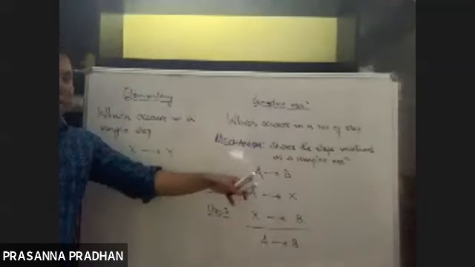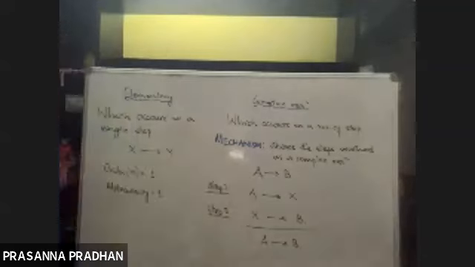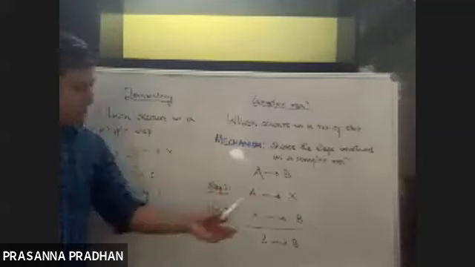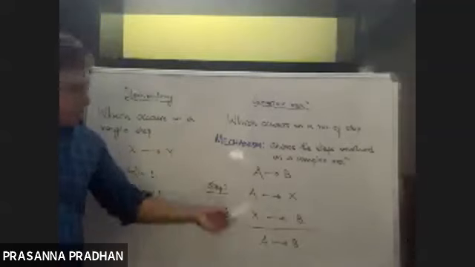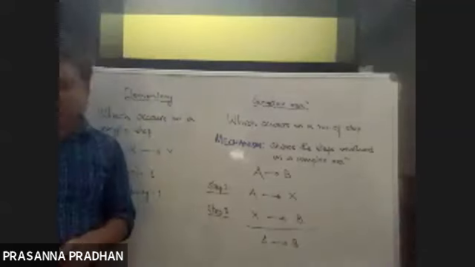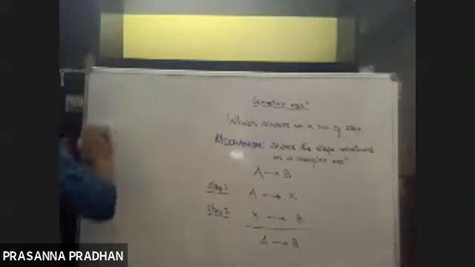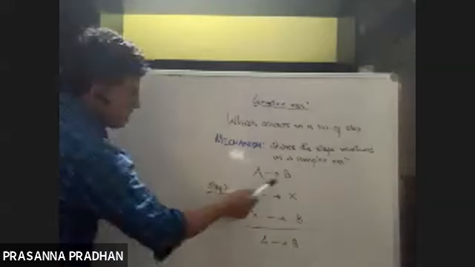So here, in order to proceed from the reactant to the product, it does not occur in a single step as in the case of an elementary reaction. Two steps are required. Step 1, A will give you X. Step 2, X will decompose to give you B. Now tell me, do you see any X in the overall reaction after adding? No. Yes, in the mechanism they are formed.